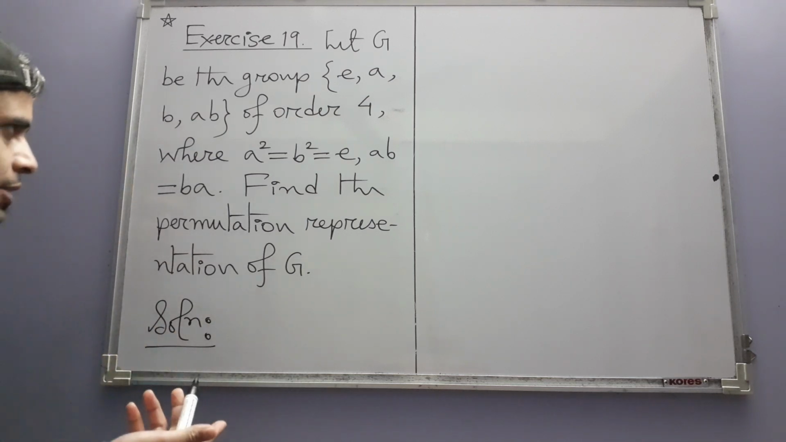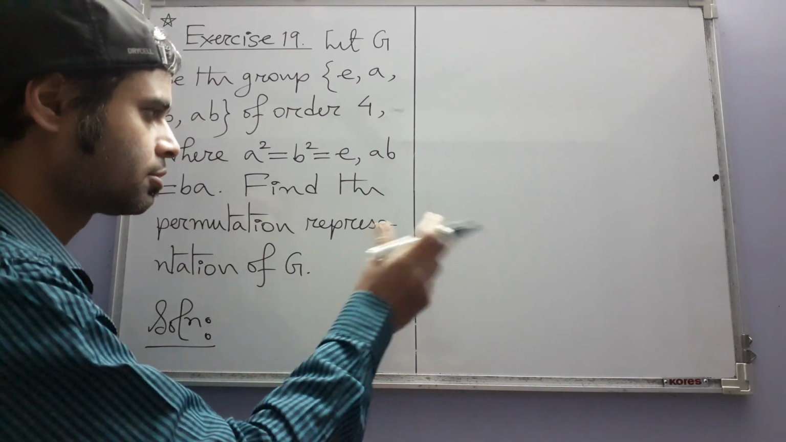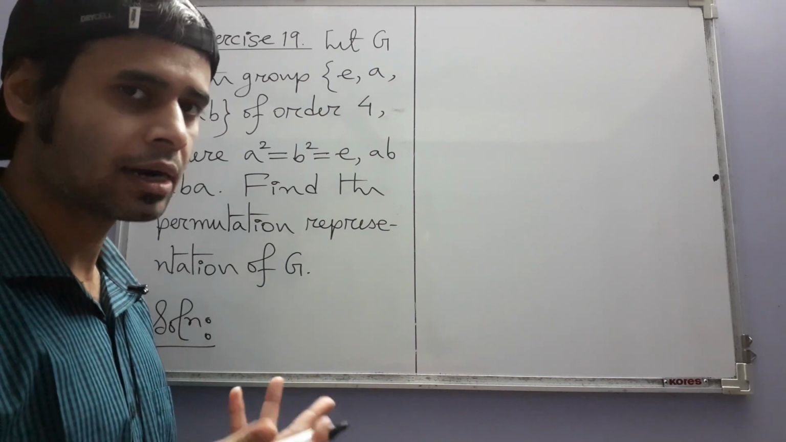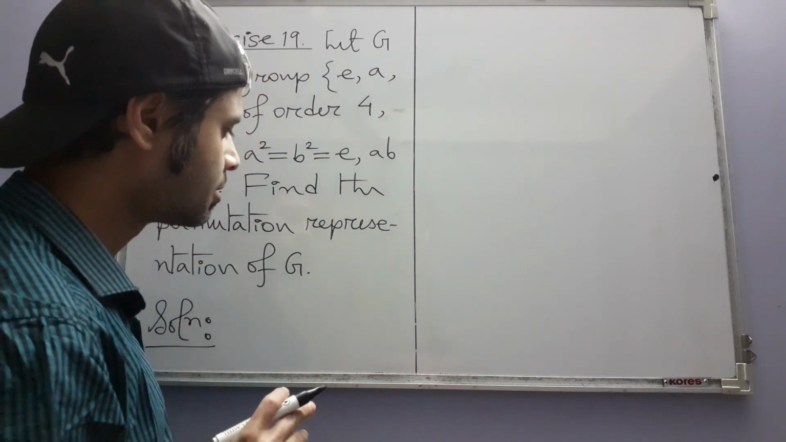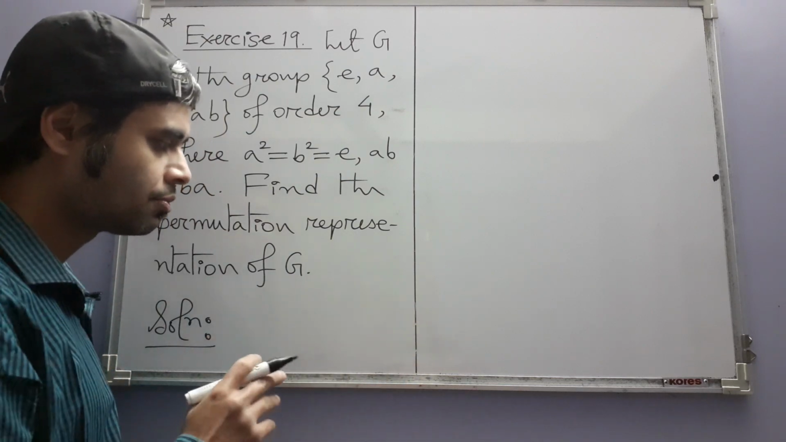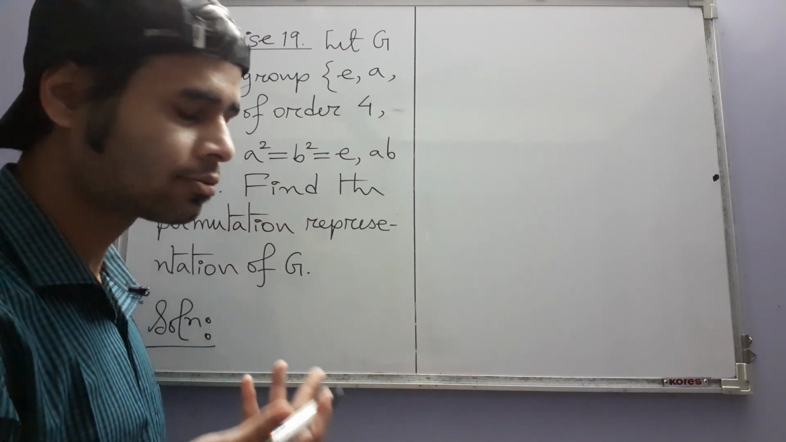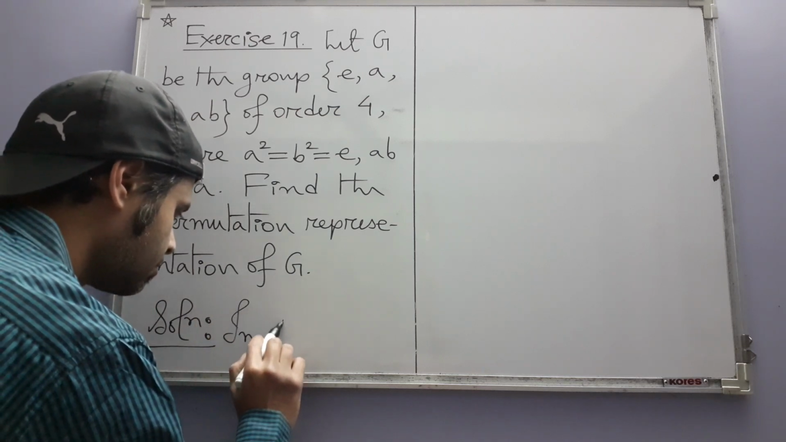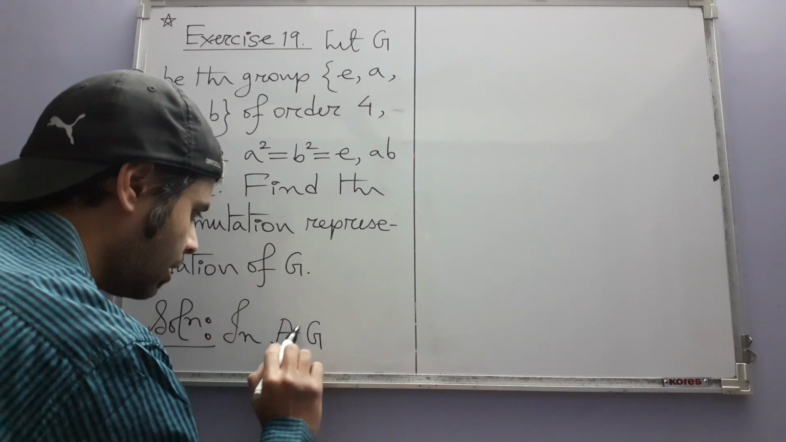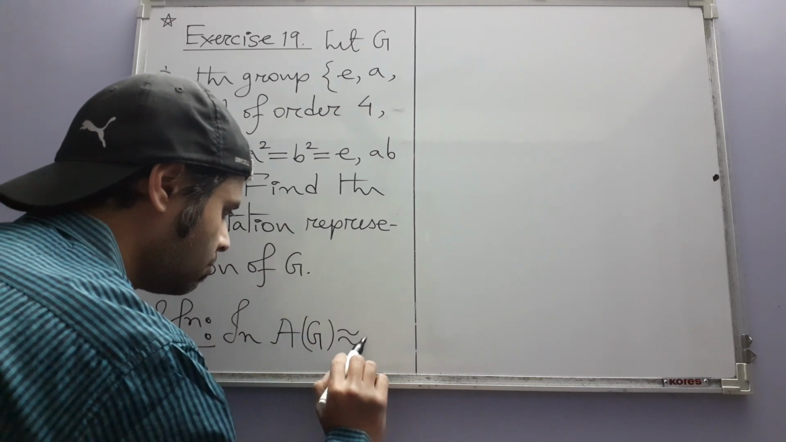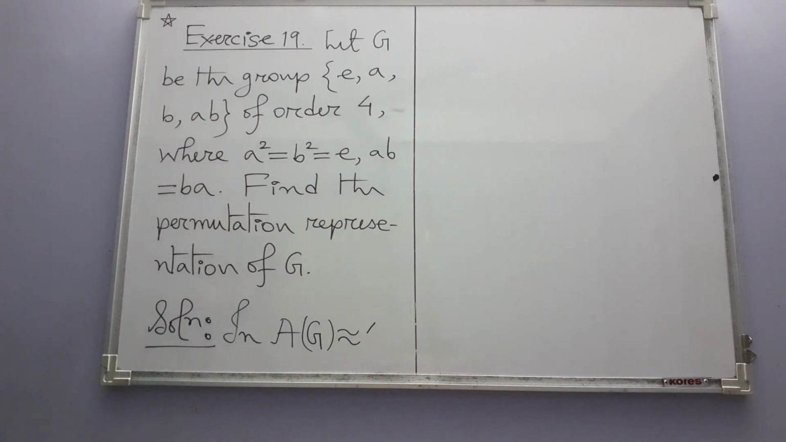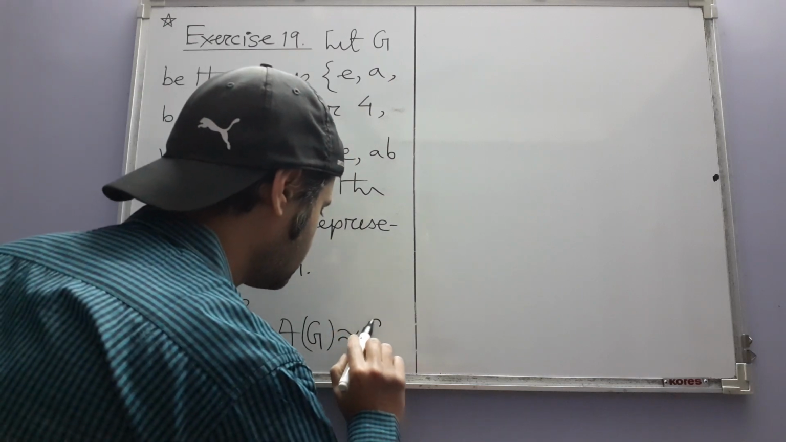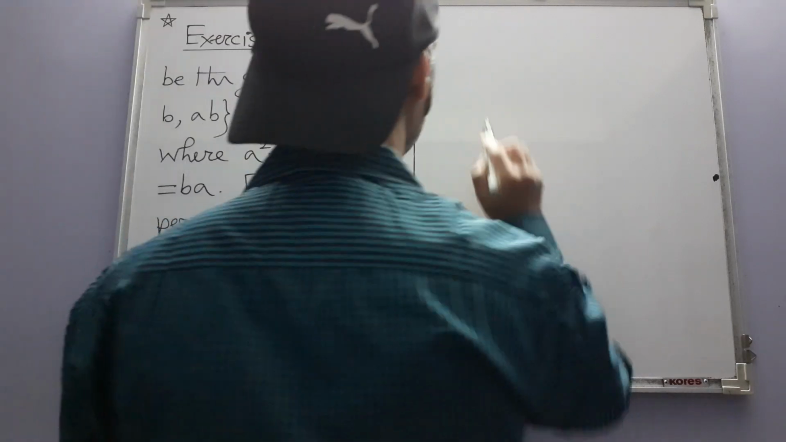So because this is just simply a matter of finding those functions tau g, because they are after all going to give us the permutation representation. So I am just simply going to write what we find when we try to calculate these functions. So in A of G, which is isomorphic to S4, we have